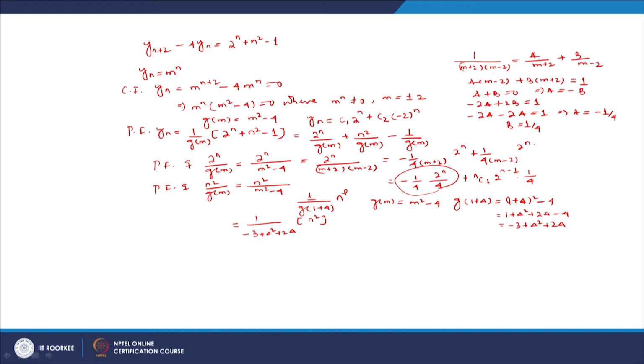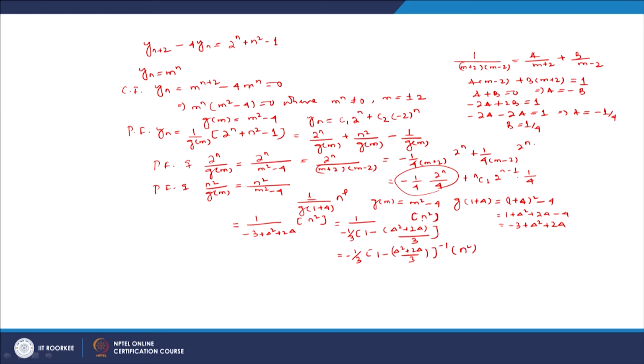So, to get it in the numerator part, we can write this by taking common minus 1 by 3. So, 1 by minus 1 by 3 if you take common, then we can write 1 minus (delta square plus 2 delta) by 3 operated on n square, which can be written as minus 1 by 3 times (1 minus (delta square plus 2 delta) by 3) whole inverse operated on n square here.